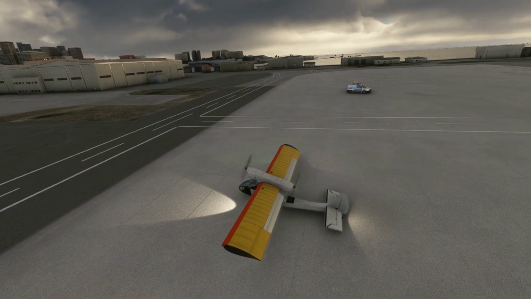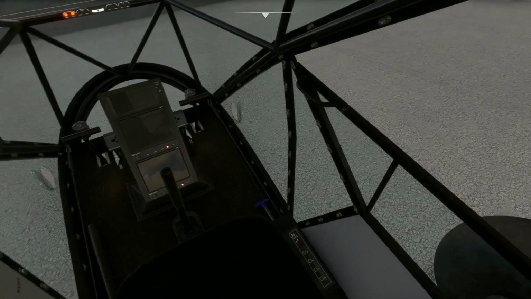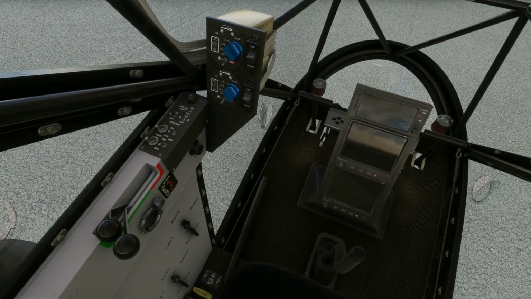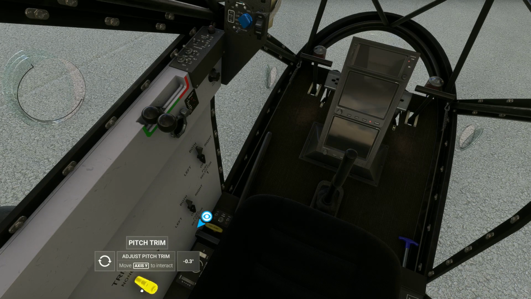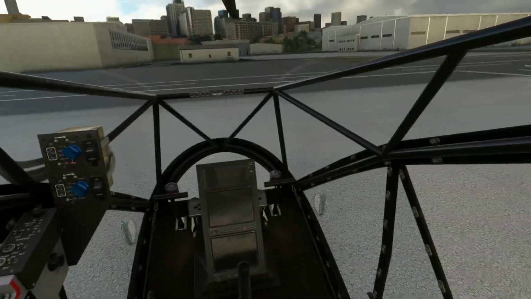All right. Let's get the plane shut down now. Lights off. Torpedoes off. Alternators, battery off. All right. Now, our front fuel selector and rear fuel selector both off. Straighten out the trim a little bit. Wait, let me see. Oh, there we go. There's a way to open it. All right, so